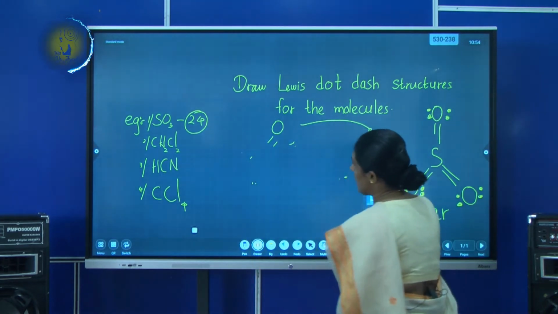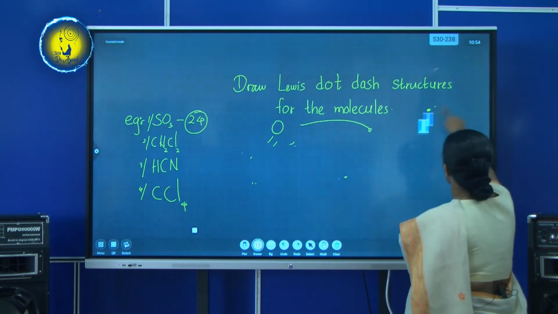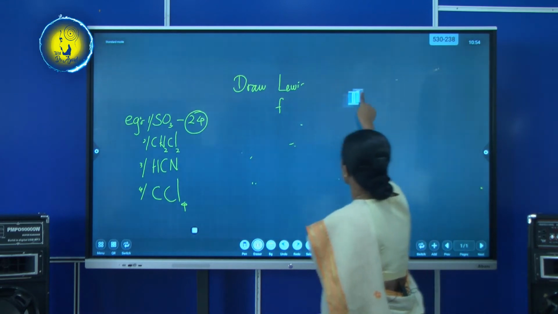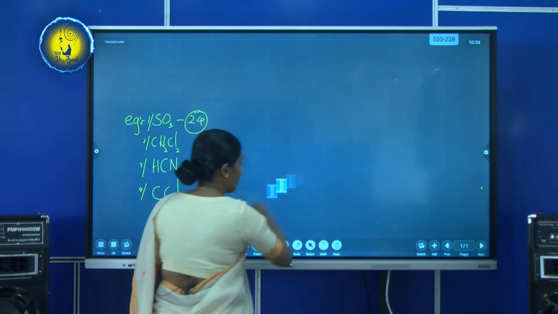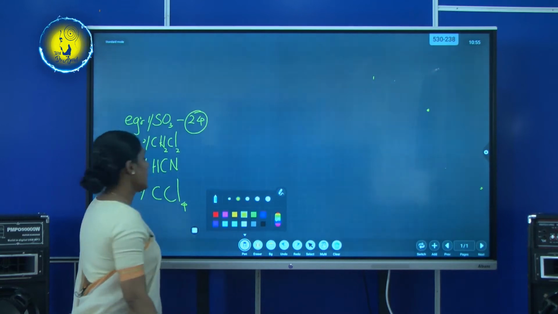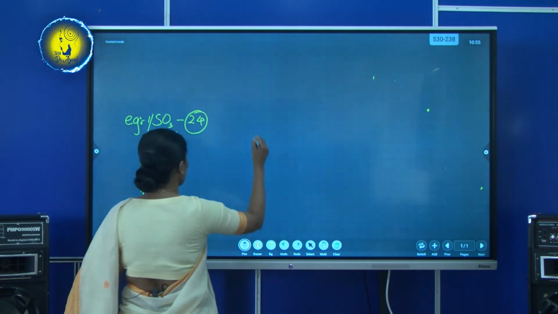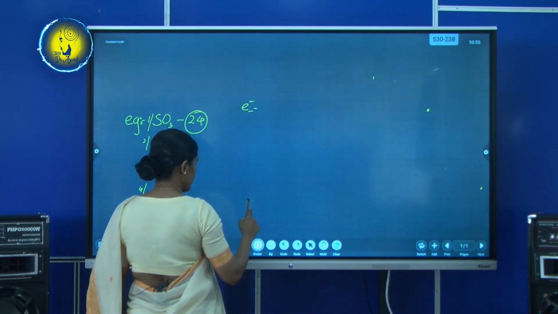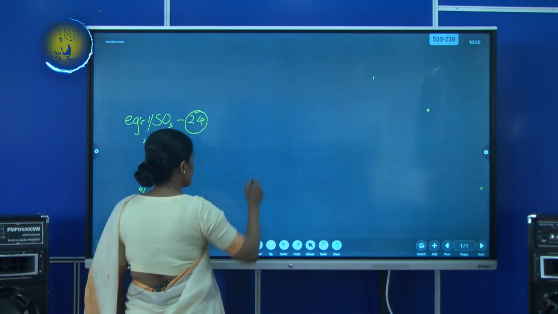Let's take dichloromethane. How to draw that? I'll clean the heading also. Can you remember how the bonding takes place? Yes, you can, because you all have good grades. So I know you can remember that. How to draw this one? Let's try the number of electrons from carbon. Electrons from carbon. How many electrons from carbon?